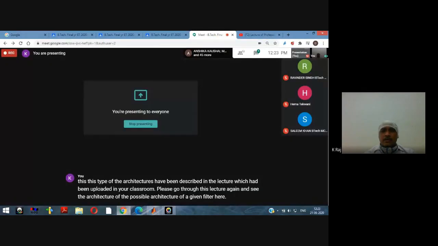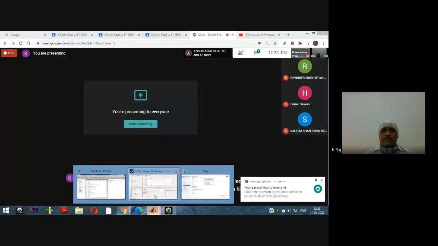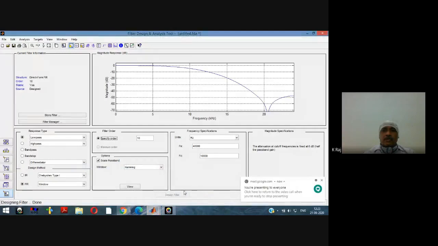Now we are again coming to the same concept, that is designing. Here in the filter designing, we have selected this one, and then we have selected design the filter. After designing the filter, what happens? We have designed the filter. Now the structure of the filter is the direct form 2, direct form FIR filter here. And in the FIR filter, there is no concept of direct form 1 and direct form 2, because in the IIR there are two series, one related to the positive terms and the second related to the negative terms.